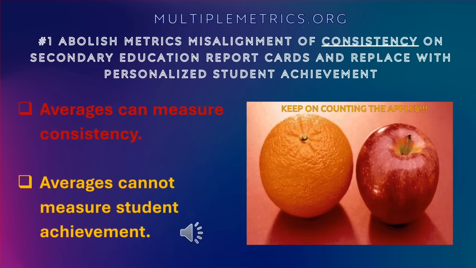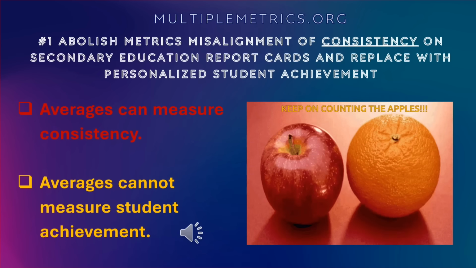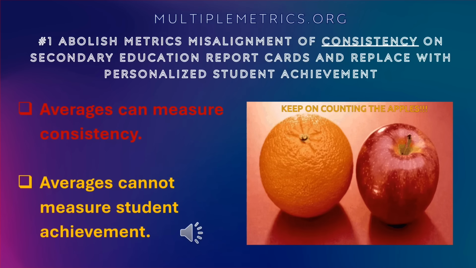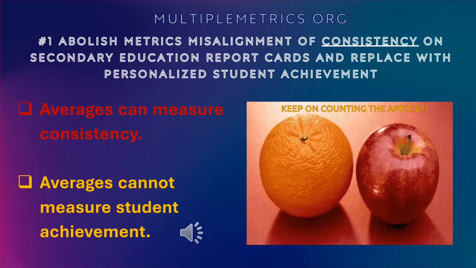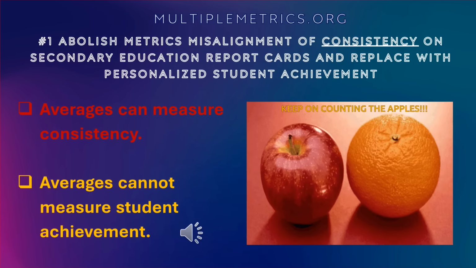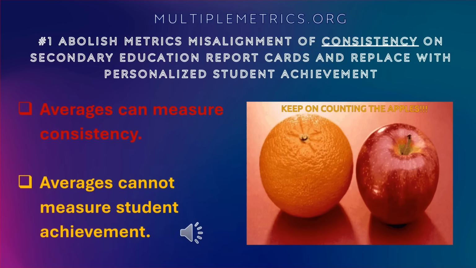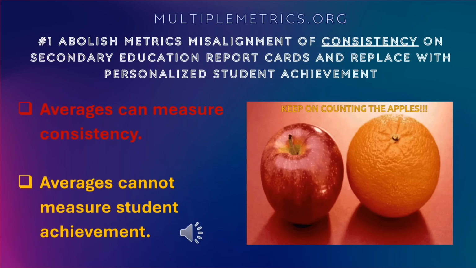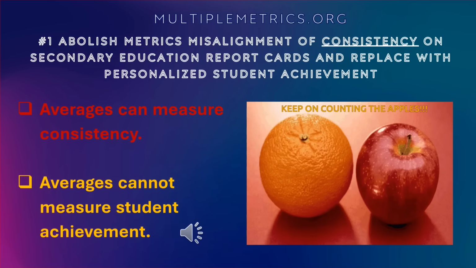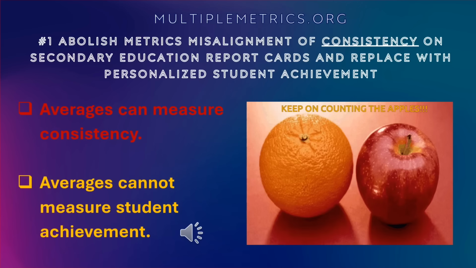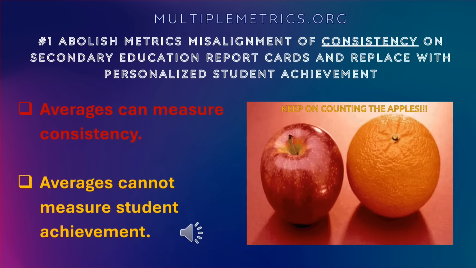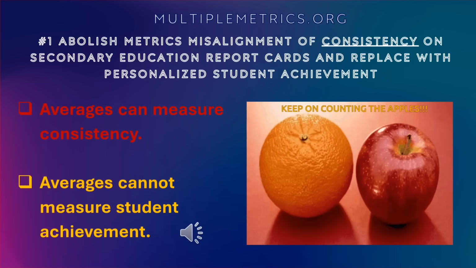Do not trust the historical public educational system. It was not required to go through the steps and processes that we are required to go through today to even have a peer-reviewed journal published. It was never required to show statistical significance. So we need to stop counting the apples. We need to stop averaging the apples. And of course, apples and oranges is just a figurative example. And oftentimes, we're talking apples and oranges.